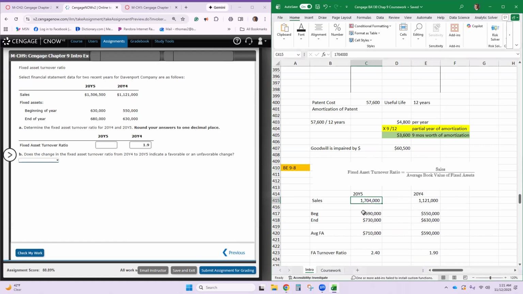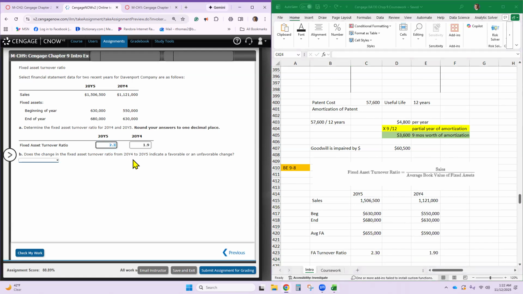The sales for year 5, 1,506,500. Yep. Okay. So the beginning fixed assets 630,000 and 680,000. All right. So now when the math is done,